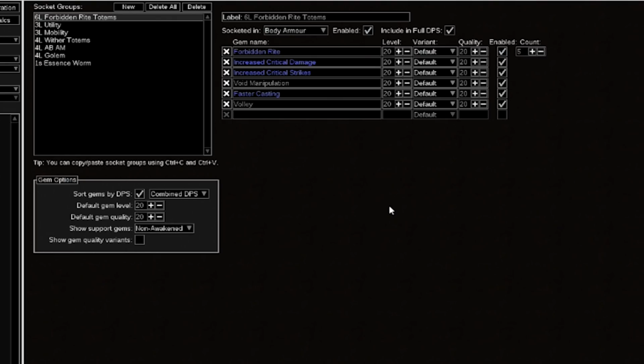You want to use Forbidden Rite, and I'd say the volley is the next one, and the third one should be faster casting. Fourth one should be either crit or void manipulation, depending on if you're taking crit nodes on the tree, then crit should be better, but void manipulation is more generic. And the fifth one would be strikes, and then the sixth one would be the actual damage on your crits